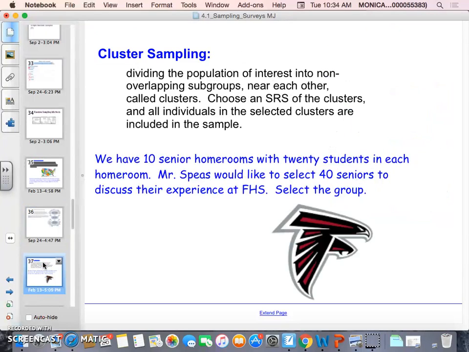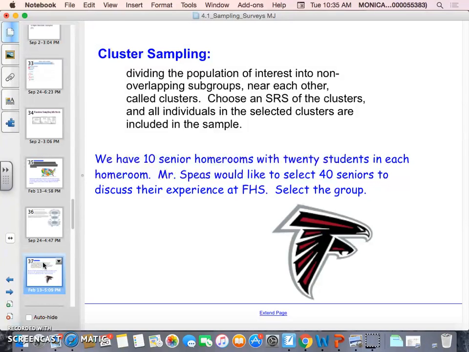Okay. Another example is called cluster sampling. And so this is basically when you take the population of interest and divide it into non-overlapping subgroups. So that's like if I took the freshman class, or the senior class, let's do the senior class, and so we have all seniors, they're all part of the same group,